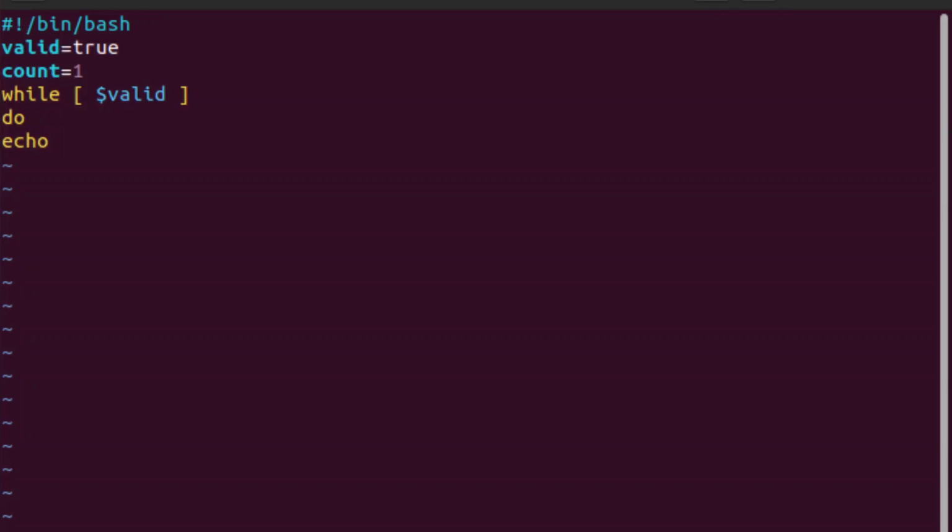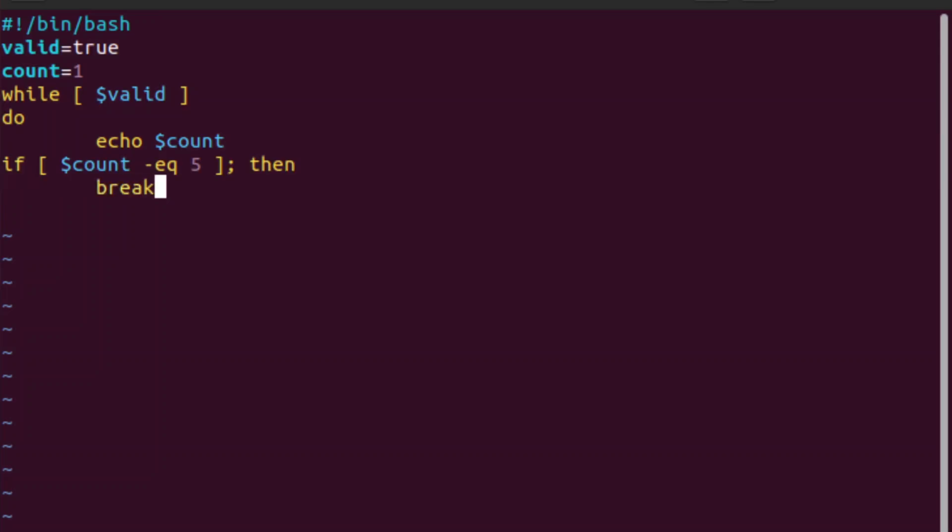We're actually going to indent this, count. Just like for loops, the commands you do are always indented away from the beginning of the statement. So it's while this is true, do, and then the things we want to do are indented after it. We're actually going to throw an if statement in here. So we'll say if, and this is going to be in line with while. This is a new statement. If we want to test if variable count is equal, -eq, to 5, then